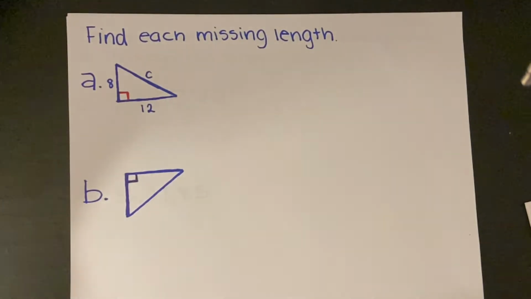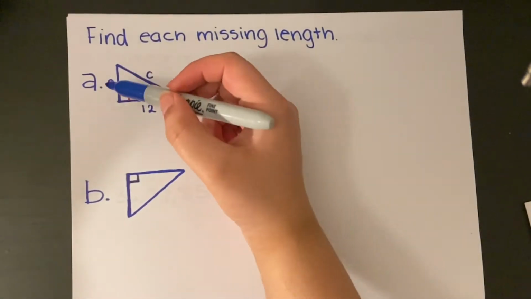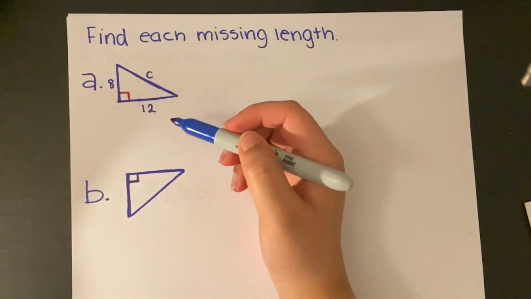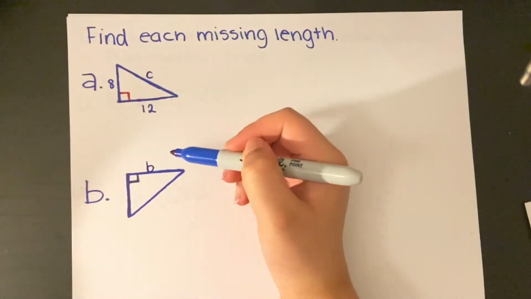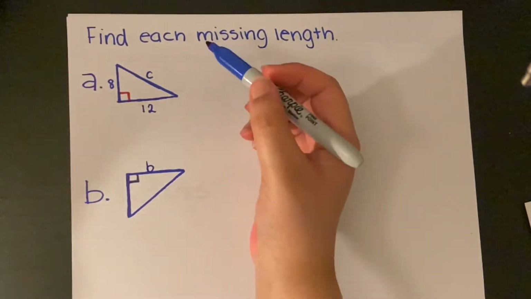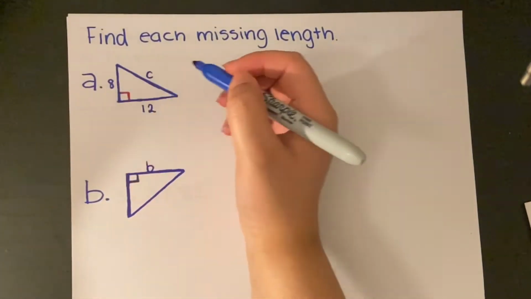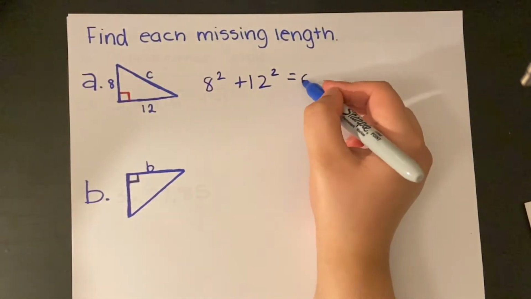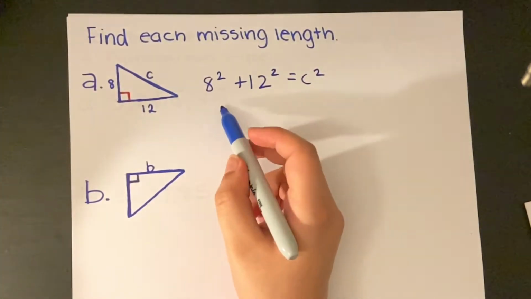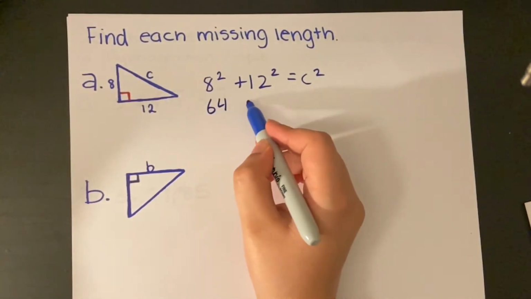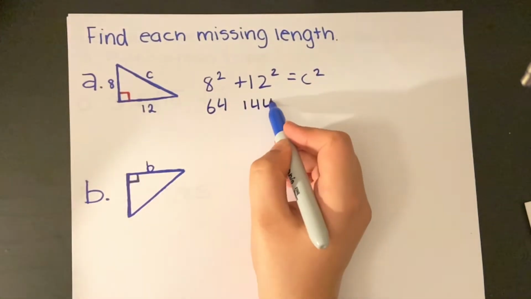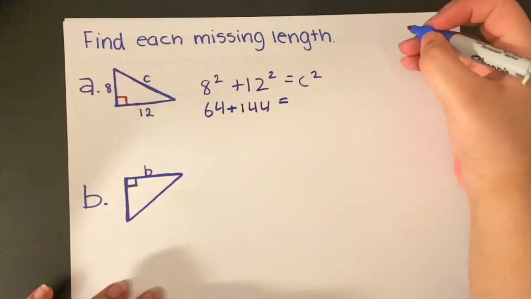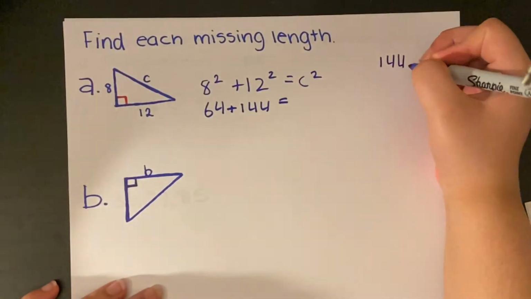Find each missing length. All right, so we have A and B, and we have to figure out C. All right, so let's see. 8 squared plus 12 squared has to equal C squared. And 8 squared is 64, 12 squared is 144. So 64 plus 144 is, my mental maths are not good,